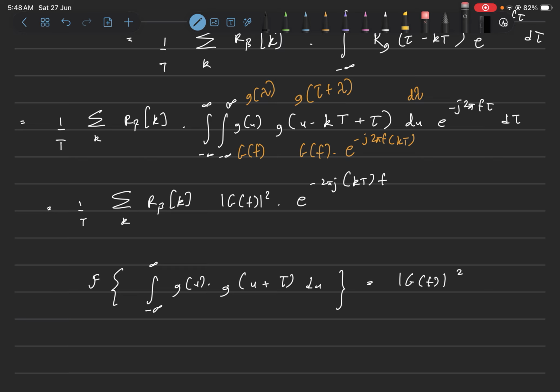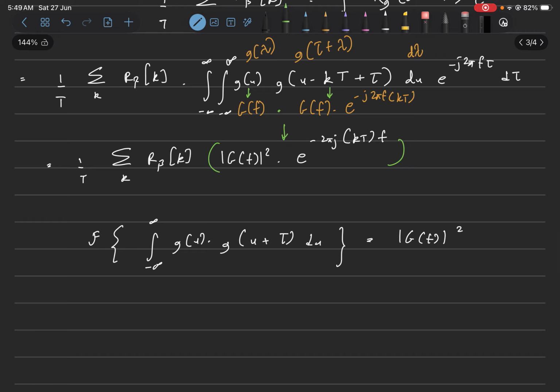So we'll have this and this accounting for the kt delay here, because this has a Fourier transform of this, and we'll multiply these two Fourier transforms, because this is essentially the Fourier transform of a convolution integral in the time domain. So this will amount to the product of the Fourier transforms of these two individual functions. For this we have this, and for this we have this, and we'll do the product of this to get this expression. So this is the final thing that we evaluated for Sx of f.